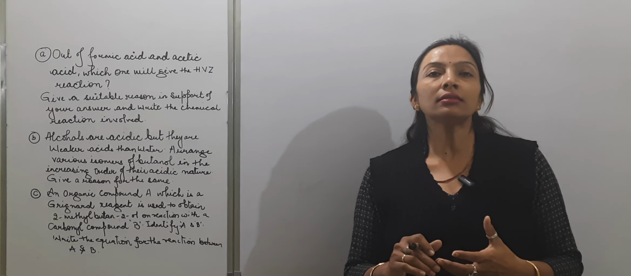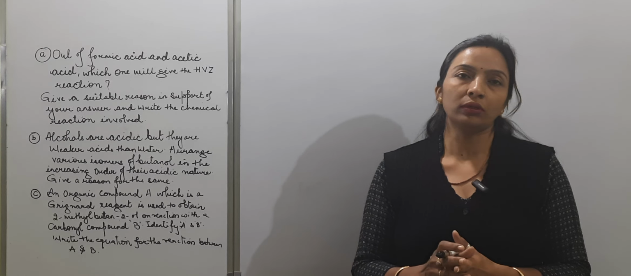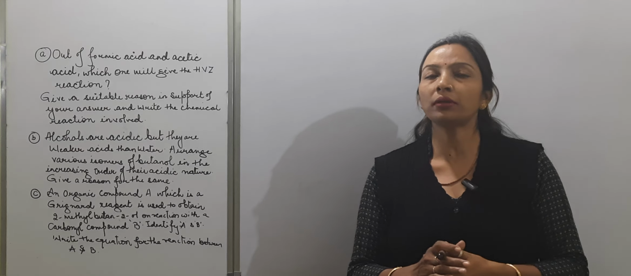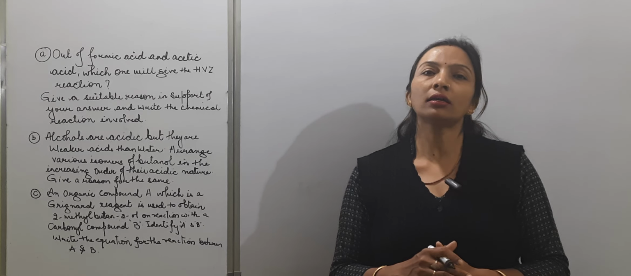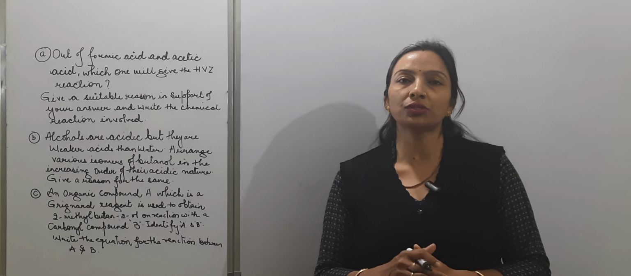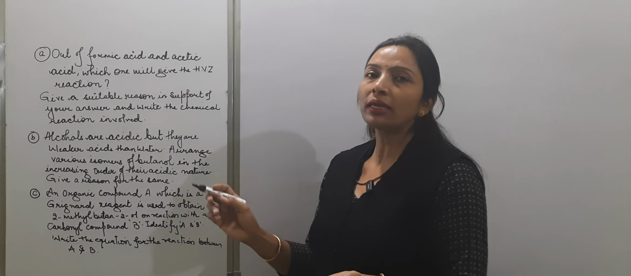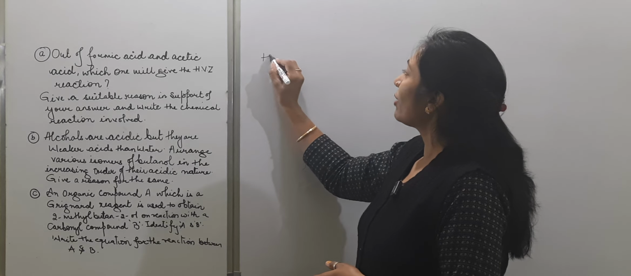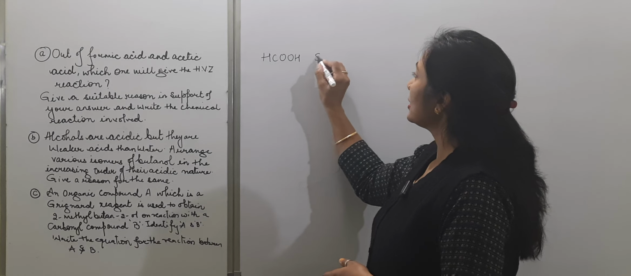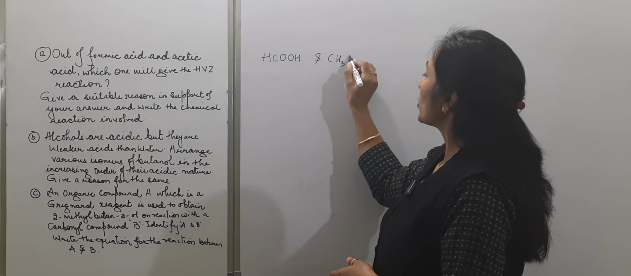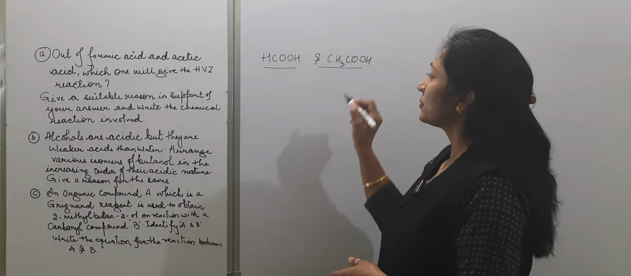hydrogens. The carbon adjacent to the carboxylic group is known as alpha carbon, and the hydrogen present on that alpha carbon is known as alpha hydrogen. So out of formic acid and acetic acid, formic acid we have to write like this, and acetic acid is this one. So it is very clear that